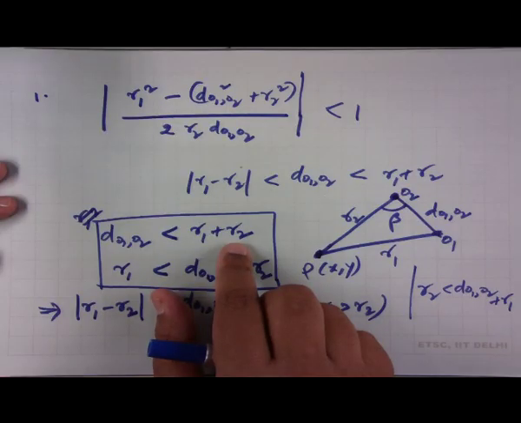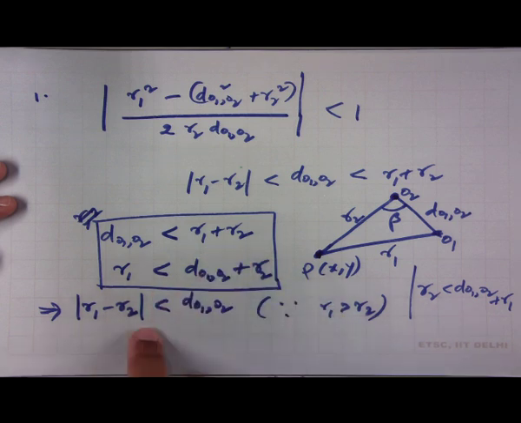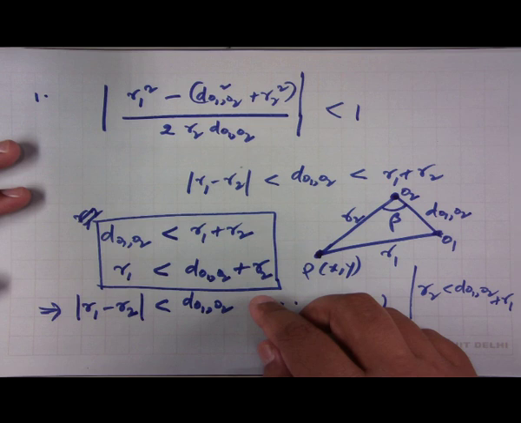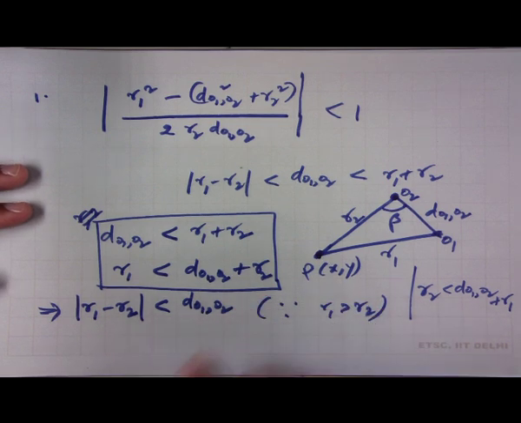We showed that if we start with the assumption that the distance between the two centers is less than R1 plus R2, and it is greater than the absolute difference between the two radii, then also we argued that it must be